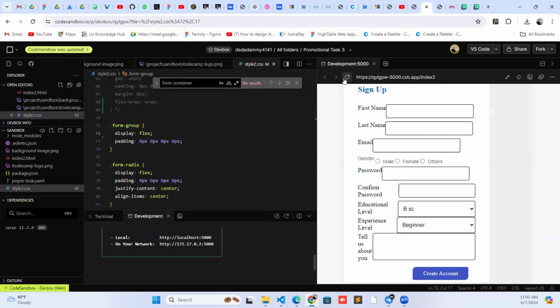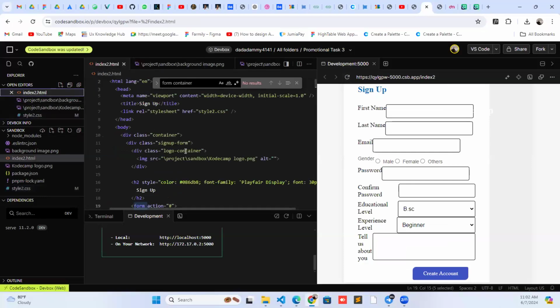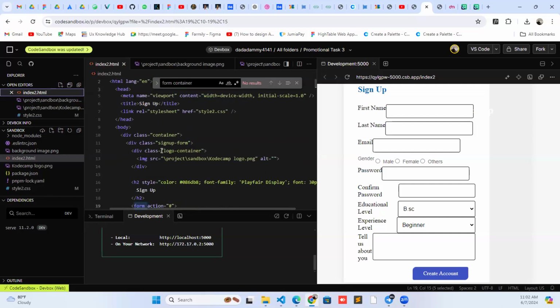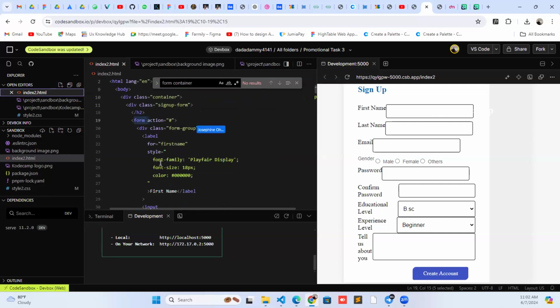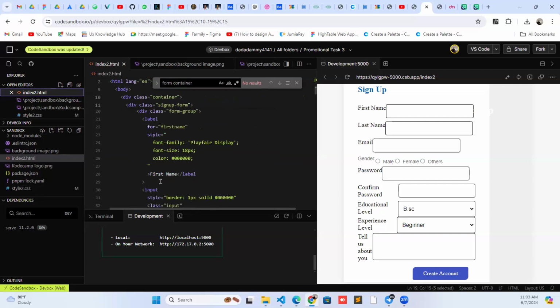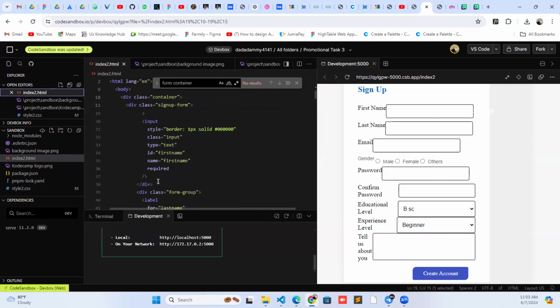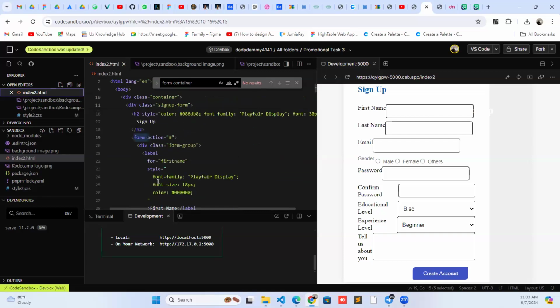Let's go back to your HTML. Your first name and your last name, where are they? This is the first name. Are they in a separate div? Your first name and your last name are in separate divs, and that's the reason why you're having this issue. If they're in a separate div,